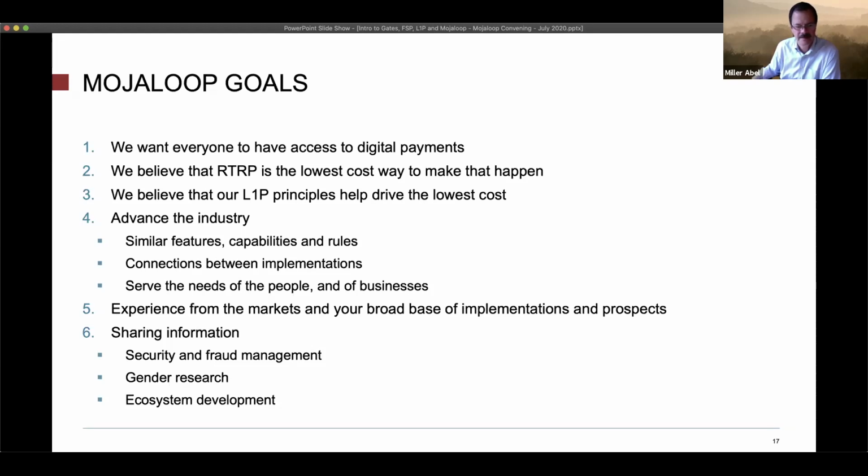And finally, the sharing of information. We talked a little bit about this, how we do gender research so that we can improve the access to finance by women and bring an equity there that has not been there before. And we look also at security and fraud management in an operational way. If you can see both sides of the transaction, you can do a better job of managing the security and managing any fraud that might be conducted on the system. If you can only see one side of a transaction in an interoperable world, you expose yourselves to risk that you could become the conduit for that as a participant.